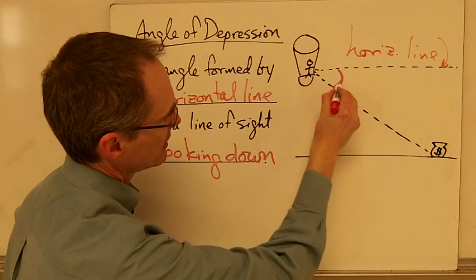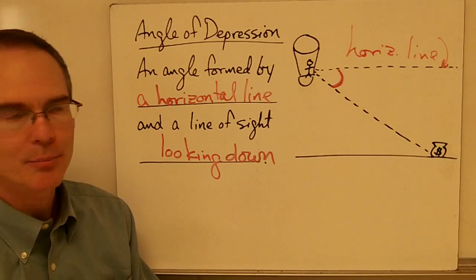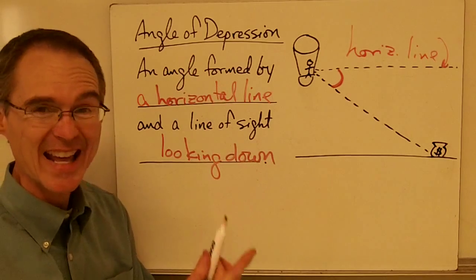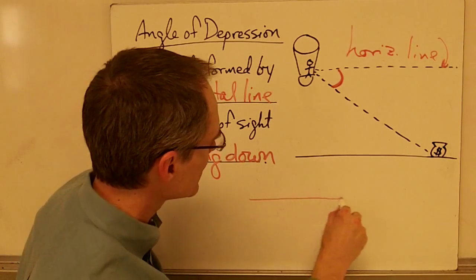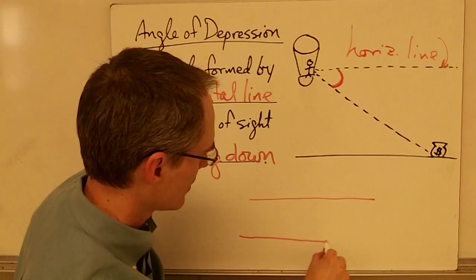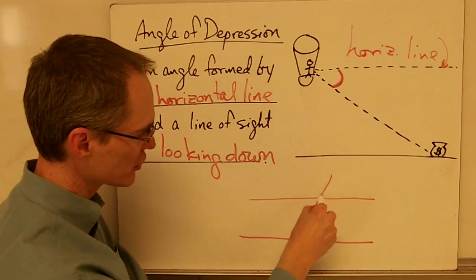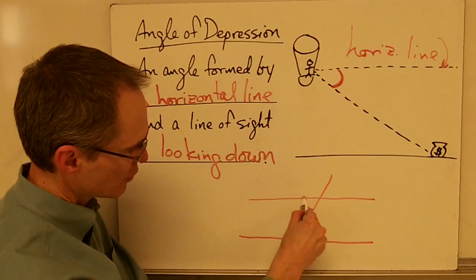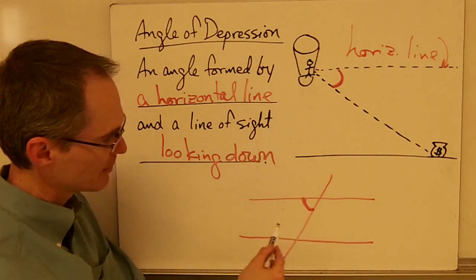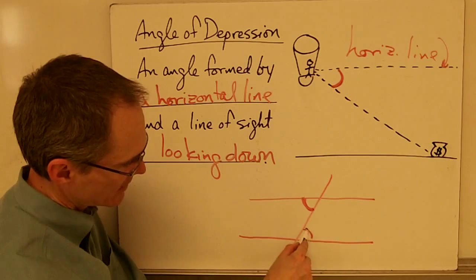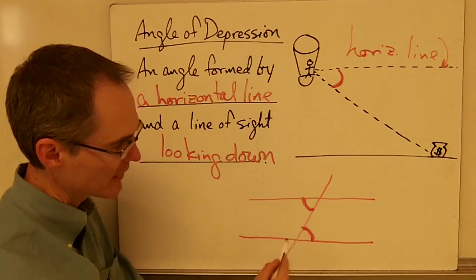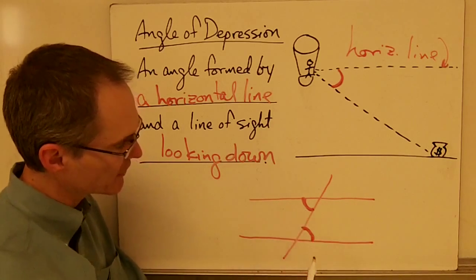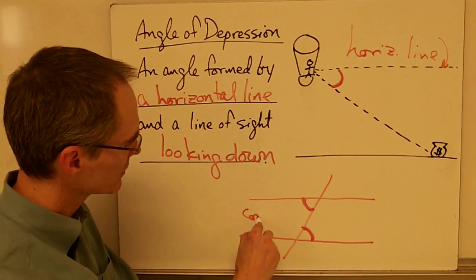This angle here is my angle of depression. Now, one thing to notice about angles of depression and angles of elevation: sometimes you see these angles in the same picture. So, for example, if this were an angle of depression, this would be an angle of elevation. And if both of those angles show up in the same picture, it turns out that they're always going to be congruent,